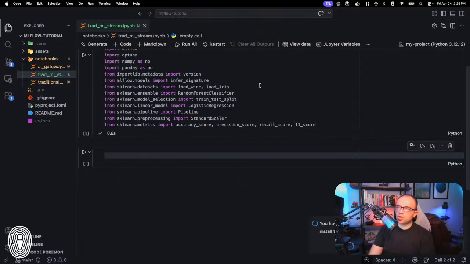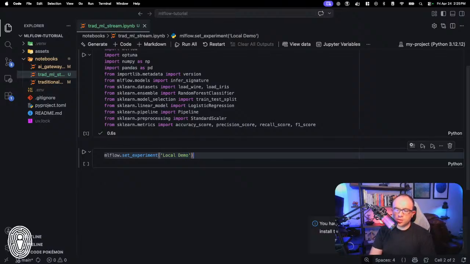So let's go ahead and start to configure things. Now remember, when it comes to executing our code, we are going to be creating a number of different MLflow runs, and then we have all those runs that roll up into one experiment. So naturally, the very first thing that we need to do is set our experiment. So we're going to say set experiment, and we're going to call it local demo. You can call it whatever you want. I'm just calling mine local demo.